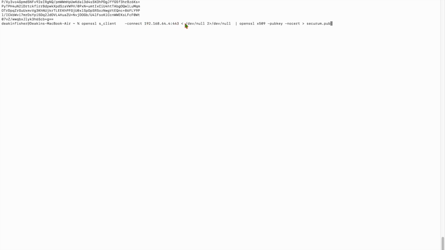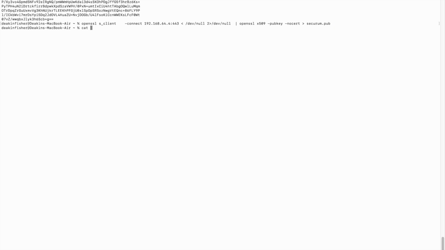And we're going to pass this on to extract the public key from the certificate. We're going to send some of that output to /dev/null, and we're going to extract the public key from the certificate using another tool, as you can see, OpenSSL x509, into securum.pub. So let's run this,